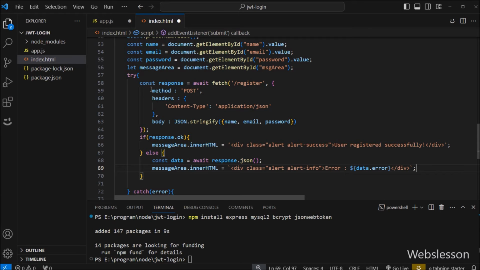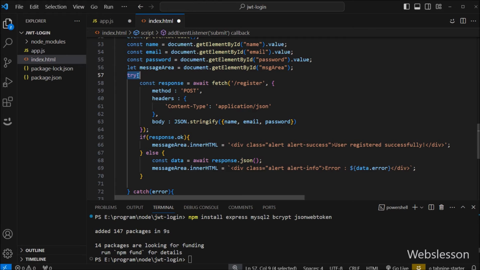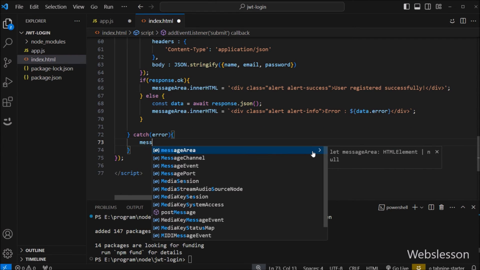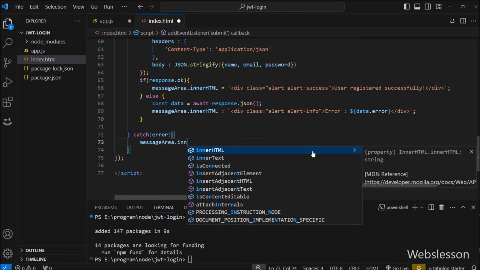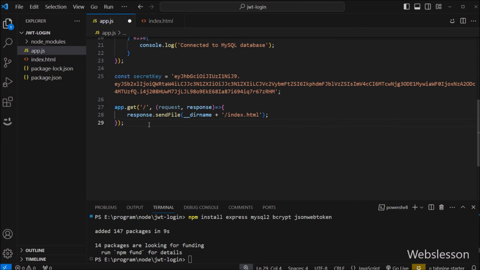But suppose any internal server error occurs, then it will execute the catch block of code. And here, to display the error on the web page, we write the messageArea variable dot innerHTML property equal to this HTML code, and between this, we write internal server error. So here the front end code is ready. Now we go to the app.js file, and here we define a route handler for the POST